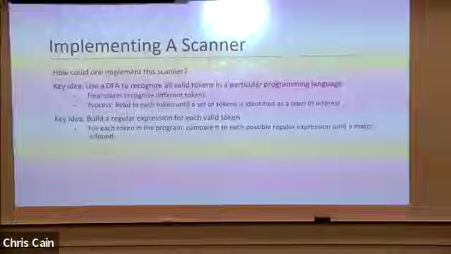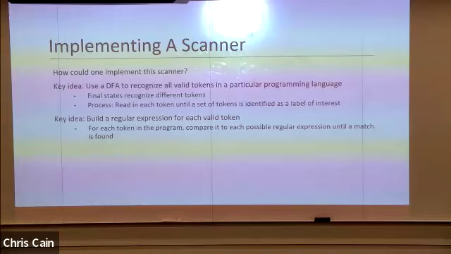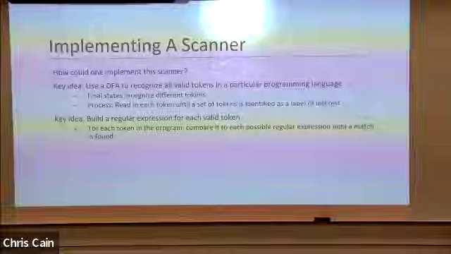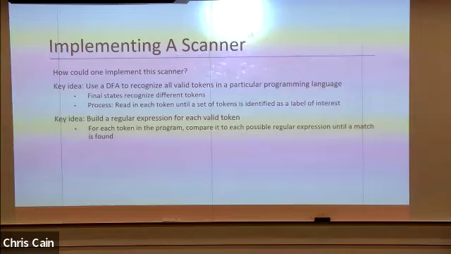For every token that we find in the program, compare it to the regular expression until we find a match. And now we can say, all right, all double constants look like this. So we could run it through the double constant DFA or the double constant regular expression that says, is this a double constant? Note that we did this in one of our past homeworks, where we tried to come up with a list of rules, a grammar, for a double precision floating point number. You could do this with a regular expression as well, just like you could do it with a grammar.